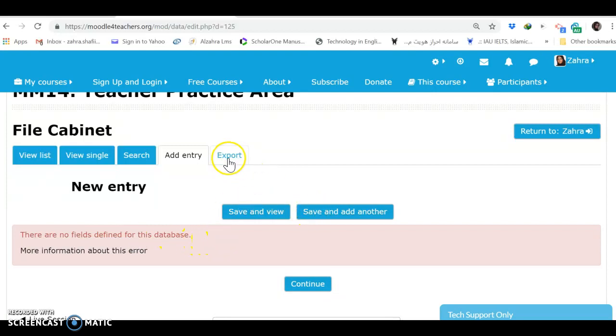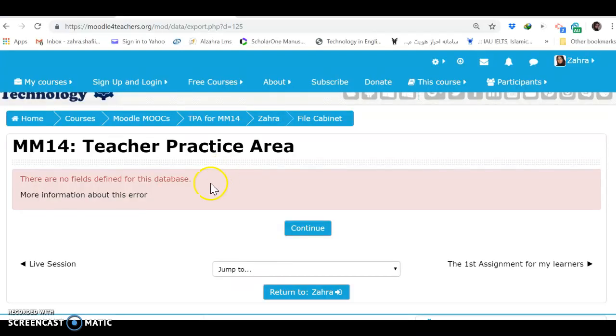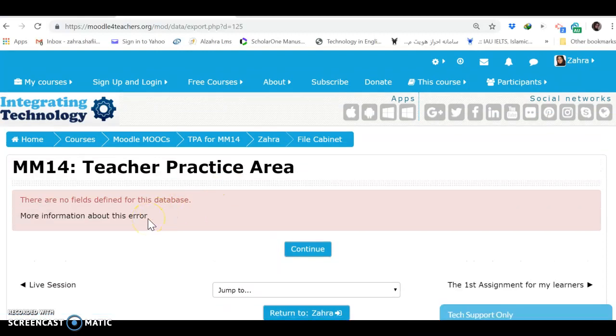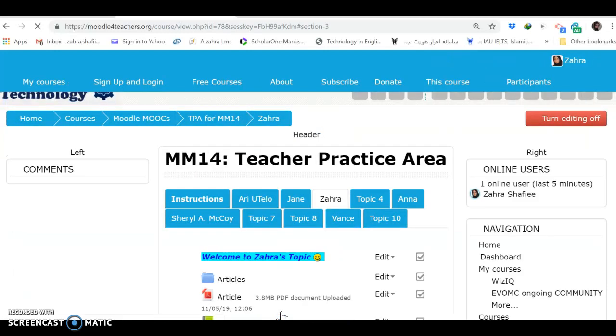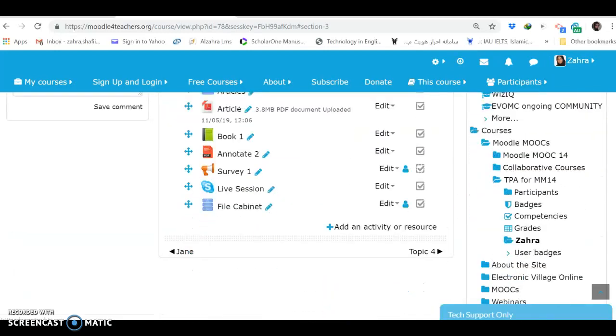Here I cannot see any. So let's go to export. How we can export something. Okay, so since there are not yet any fields defined for this database, there's nothing to export. Well, let's go back. I think it's in